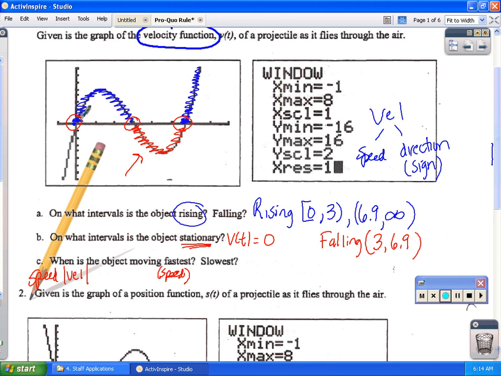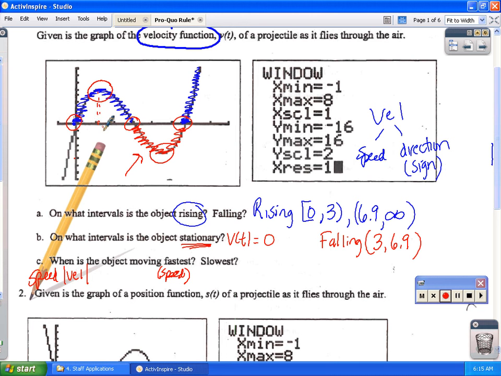And let's see if I can count this. I've kind of got my graph messed up here. 1, 2, 3, 4, 5, 6, 7. That looks like about 7 up, and 1, 2, 3, 4, 5 down, assuming that I'm counting accurately. It almost looks like the velocity here is a positive 5, and the velocity here at the minimum is a negative 5. So the fastest that the object travels occurs at a time of